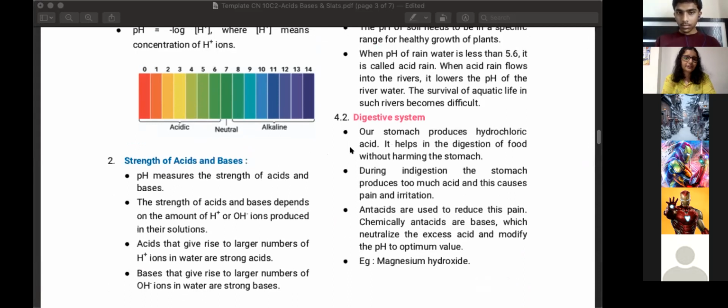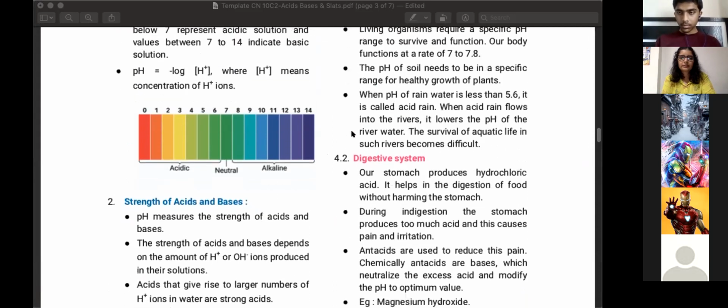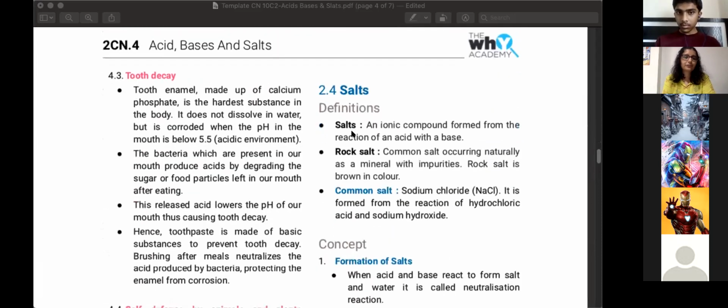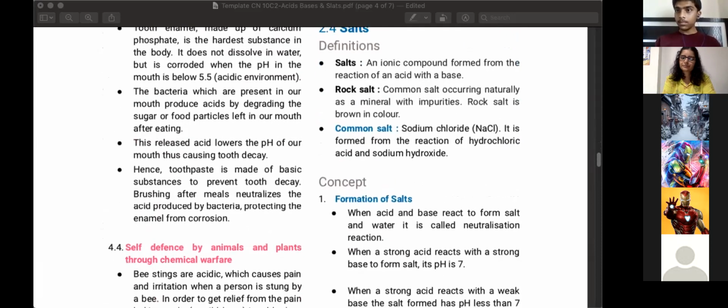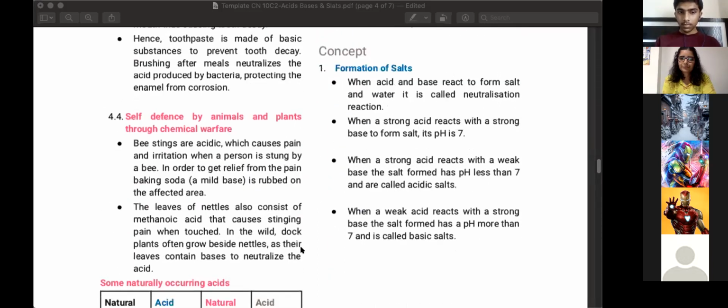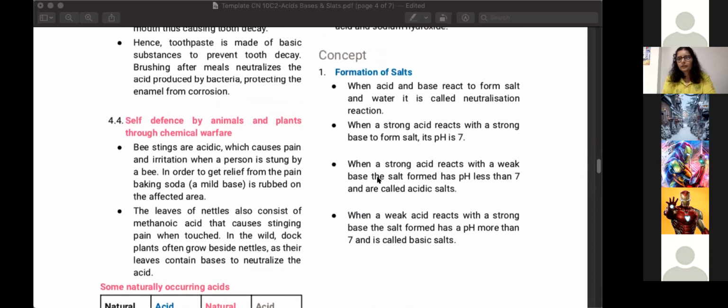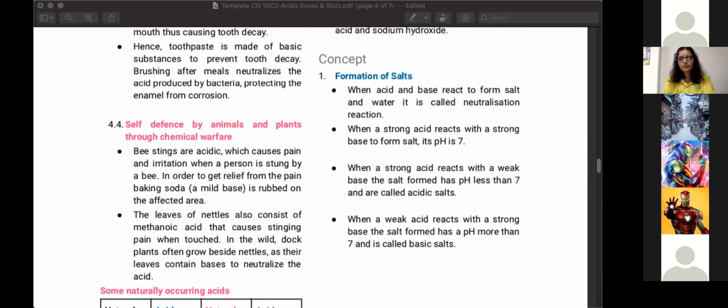How do you measure the strength of acids and bases, and the practical applications of why acids and bases are important? Where do you find them in nature? How do you work with them? So we have the salts part remaining. So tomorrow we will be discussing